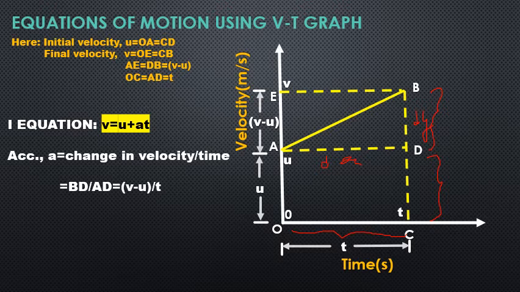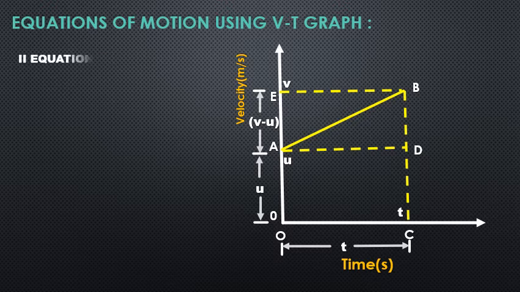As we already have all the values in the above discussion, we will just put those values. BD is equal to v minus u and AD is equal to t. So we substitute these values here. Now we get the expression a is equal to v minus u by t. So finally v minus u is equal to at. On further rearranging the terms, we get,